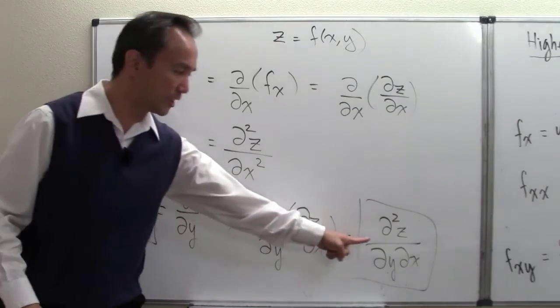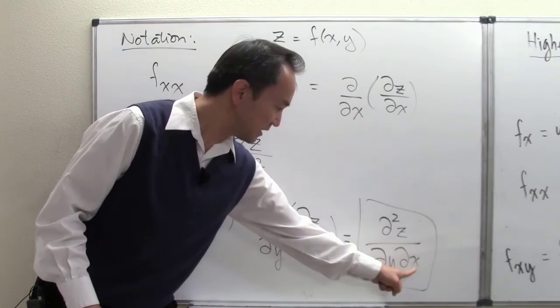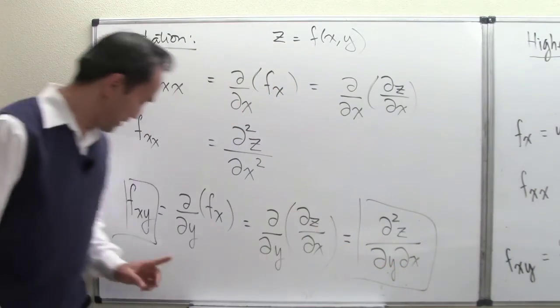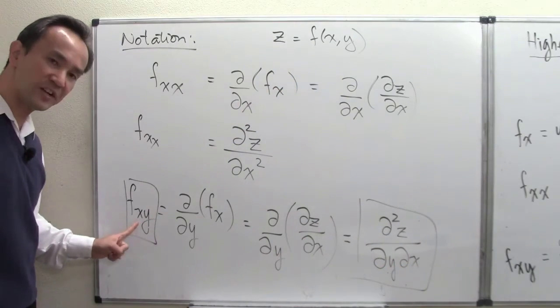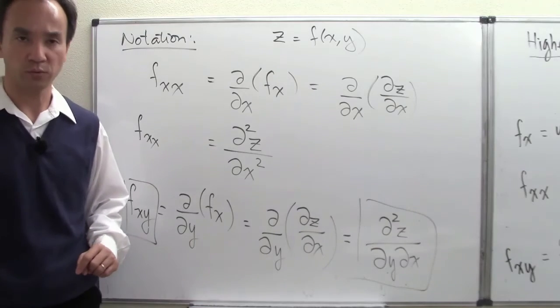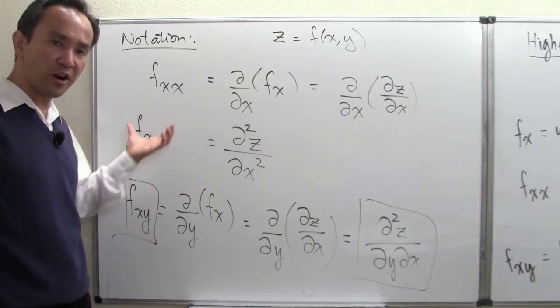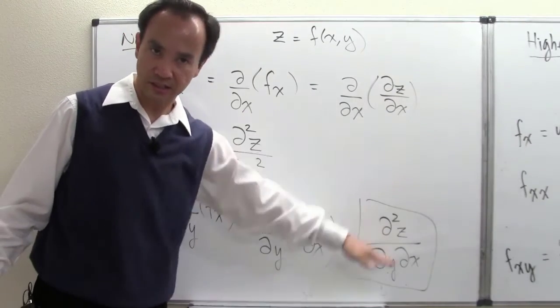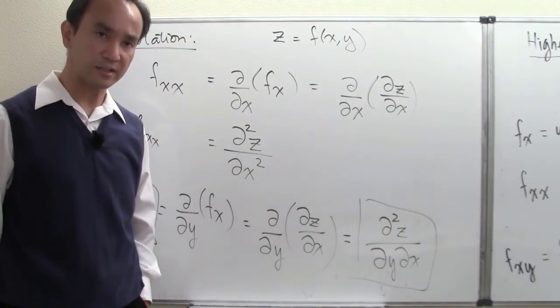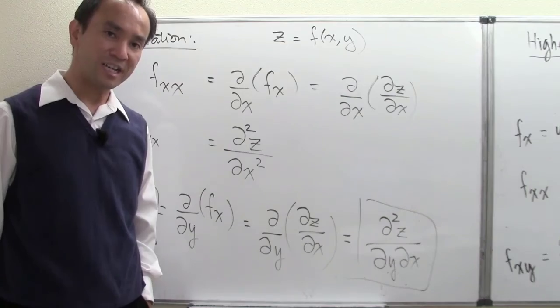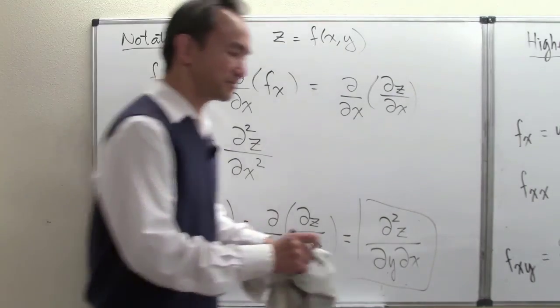This indicates the order from the right to the left: that comes first, that's second. This is from the left to the right: that comes first, that's second. So these are one convention of writing the symbols. The Leibniz convention is a different way of writing the symbols. All right, that's what it is. So